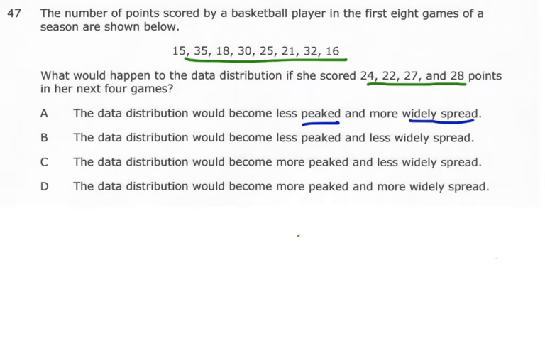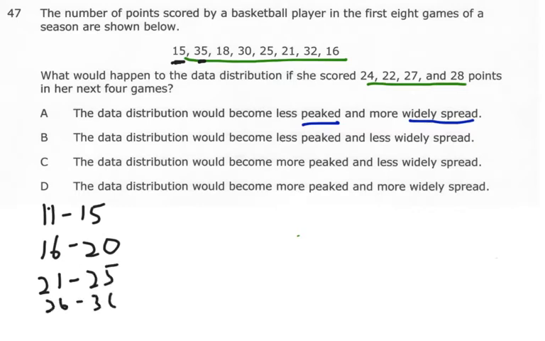Alright, I'm going to break my data down into a frequency table. And I'm looking, the smallest number there is 15, the greatest number is 35. So I could probably just go by 5s. So let's say I wanted to do 11 to 15, and then 16 to 20, and then 21 to 25, 26 to 30, and then 31 to 35. I can make a table like that,